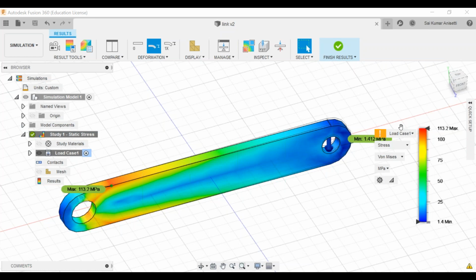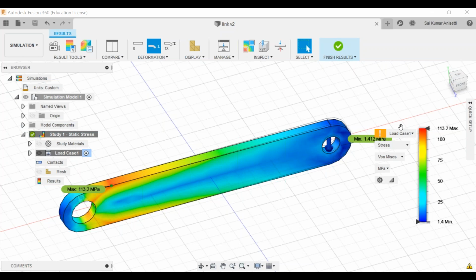And now if you take a complicated object, if you have a gear, you can apply force on that particular gear and do the analysis. You can take all the gear teeth, or else a single tooth, and apply the force to see how the tooth deformation takes place. That kind of analysis you can do.